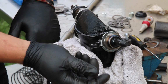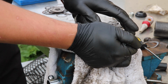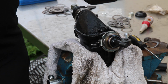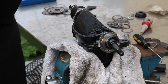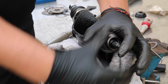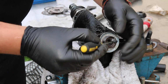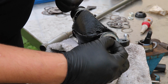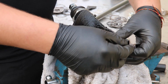So the bottom I've now trimmed up, and that's got a bit more resistance in there, which is good. So what I'll do is I'll take the nut back off. Take the cap out, so then put the spring in, then the cap back in,